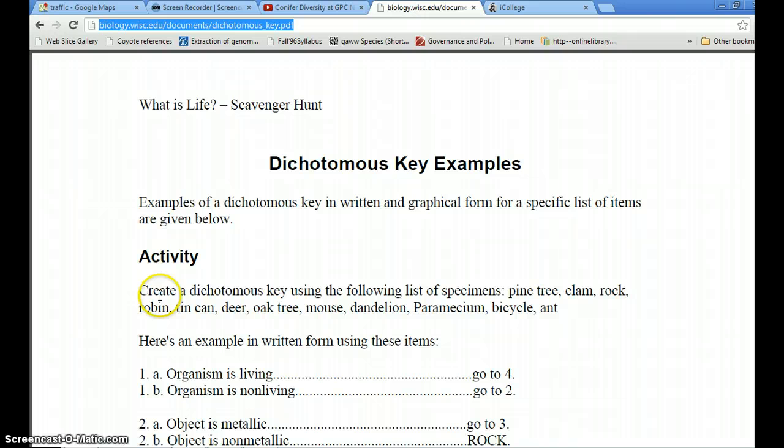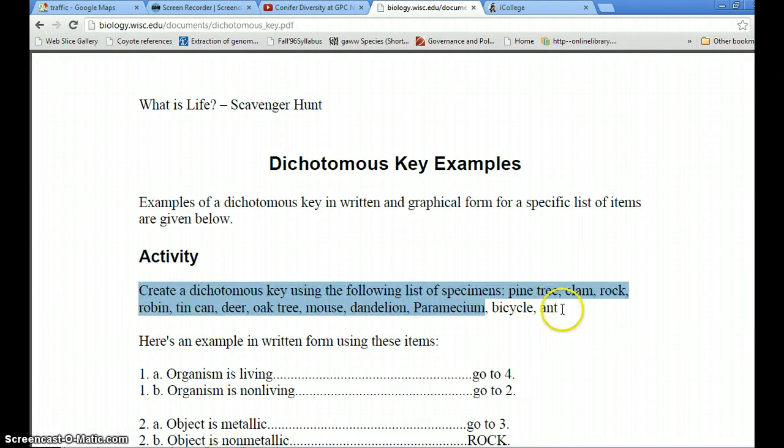All this is having the students create a dichotomous key to identify pine tree, clam, rock, robin, tin can, deer, oak tree, mouse, dandelion, paramecium, bicycle, ant. Now, don't get me wrong, I know everybody probably could identify all of these things. The reason you have a key is because what if, like I'm having you do, you have to identify different